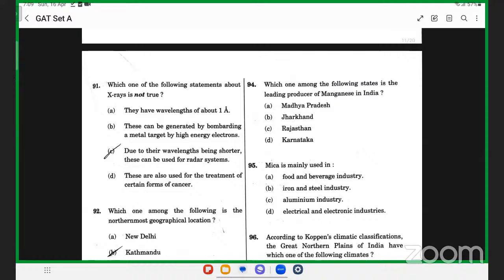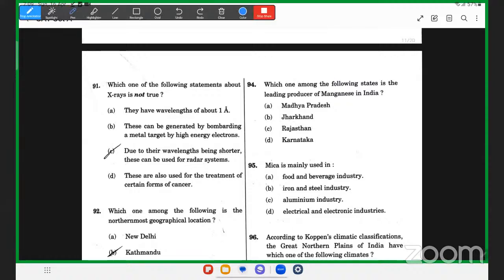They are also used for the treatment of certain forms of cancer. Is not true. तो इसमें मोस्ट एप्रोप्रिएट बनेगा डी, बिकॉज अप्रोक्सीमेट 1 एंगस्ट्रॉन वेवलेंथ होती है, मेटल टारगेट से हिट करके जनरेट भी किया जा सकता है, शॉर्टर वेवलेंथ की वजह से रडार सिस्टम में भी यूज होते हैं, तो डी होगा।